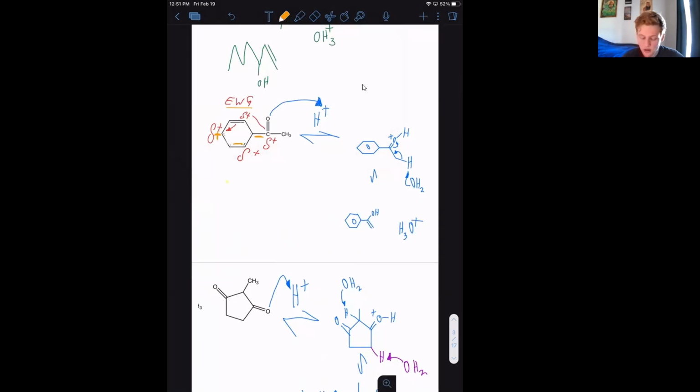Now, because we've formed one here, this double bond is going to want to do the same thing over again. And so it will have its pi bonds attack the positively charged carbon. And when it does that, it's going to create a brand new positive charge. And so once again, we've got the formation of a positive charge here and a double bond here. And so at this point, you've got another positive charge, and there isn't really a good way to manage that. So really, this isn't actually even going to form, but